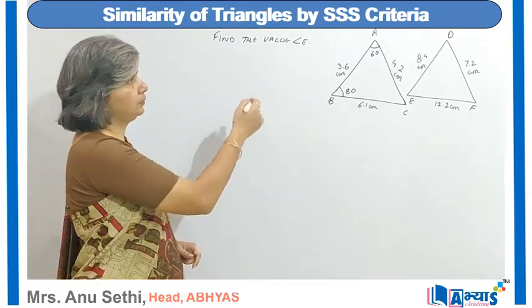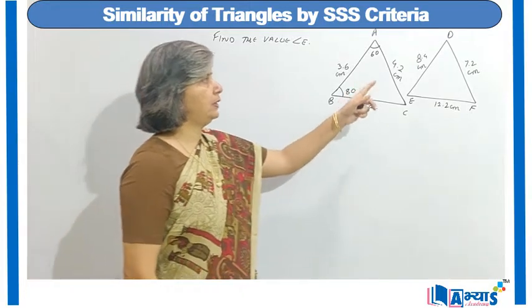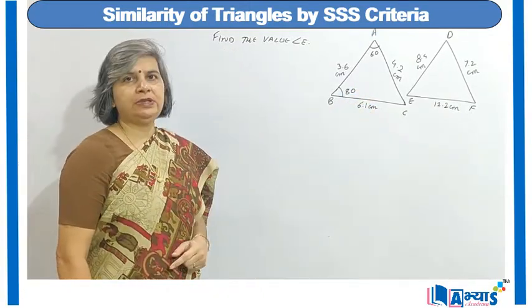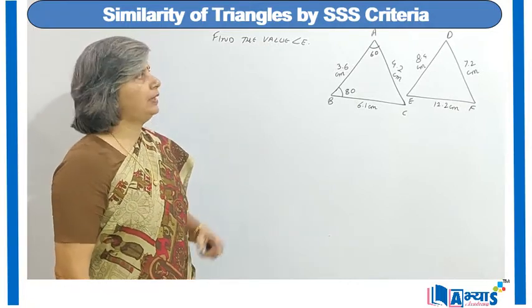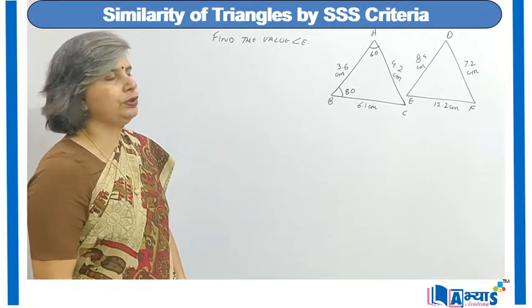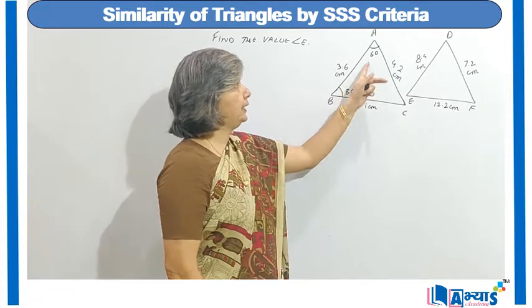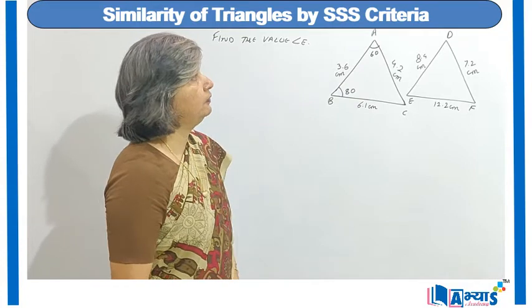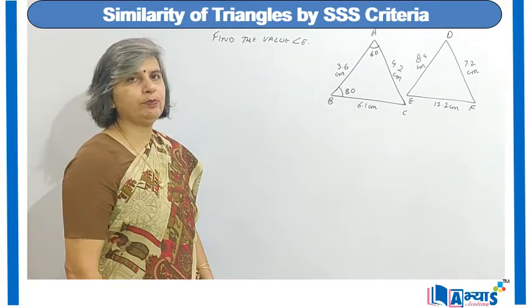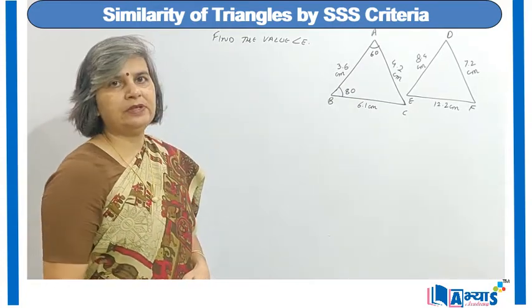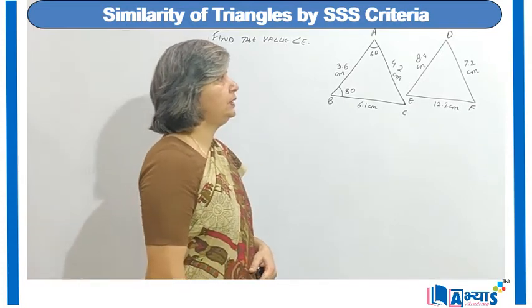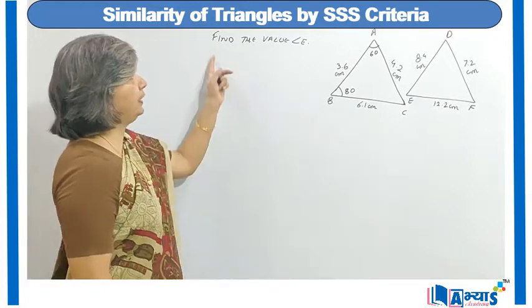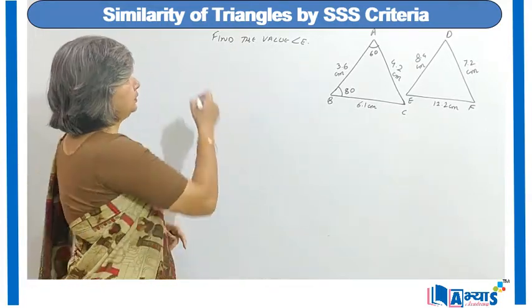So we are given two figures, triangle ABC and triangle DEF, in which we have been given the measures of AB as 3.6, BC as 6.1 and AC as 4.2 centimeter. Moreover, angle A is 60 degree and angle B is 80 degree. In triangle DEF, DE is given to us as 8.4 centimeter, EF as 12.2 centimeter and DF as 7.2 centimeter, and we are supposed to find the value of angle E. So the solution will be